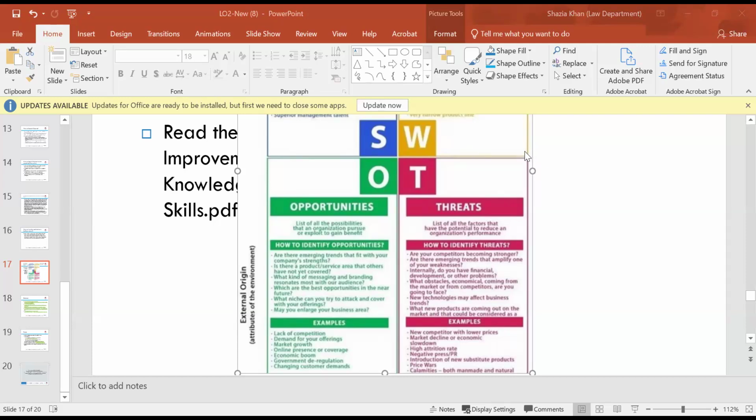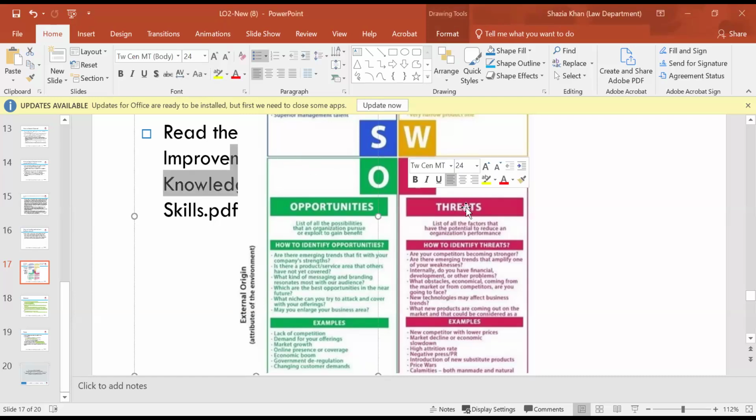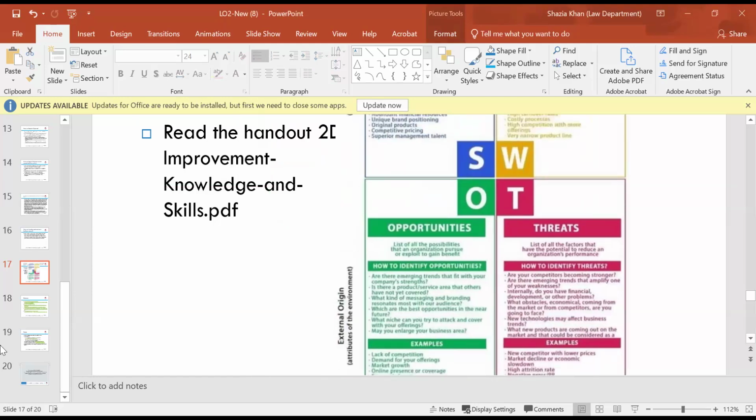So you would have to do a SWOT analysis for your research: your strengths and your weaknesses. There will be strengths and weaknesses for everything, and when you're doing your research analysis, you're going to try and find out where your strengths and weaknesses are. There may be a strength where you can't find